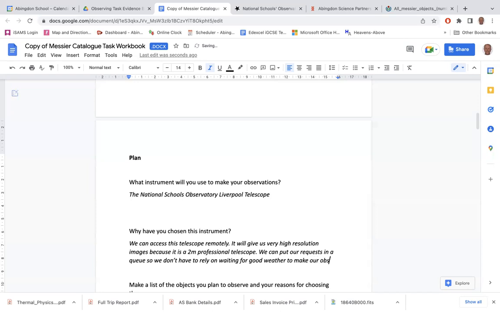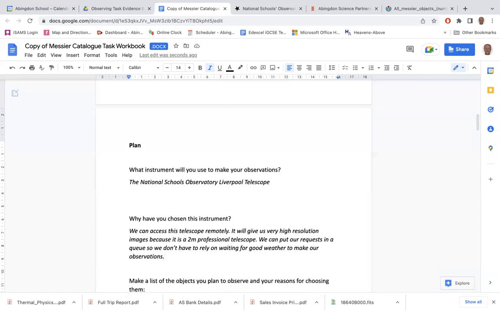Okay, because that's another problem: if you were doing this yourself, you might think, right, I'm going to do it tonight. You go out and it's cloudy. So this, you just put it in a queue and it waits until there are suitable conditions. Okay, so what I mean is the telescope program will select the best observing time for me. Okay,